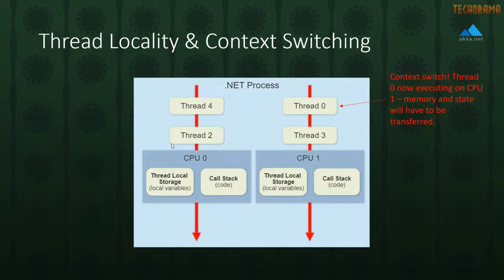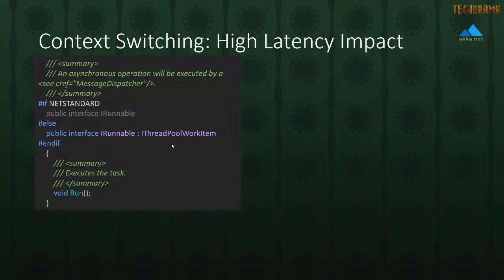And that's going to result in higher latencies. It takes more time to transfer memory from the memory bus down to the CPU. On top of that, there's going to be a certain amount of rehydration that has to happen when this piece of code gets executed on the CPU again. Again, it's because we have to retrieve that data from the memory bus. So context switching can have a really high latency impact on our applications. This is an example of something we've been working on for Akka.NET 1.5 that demonstrates what that impact actually is.